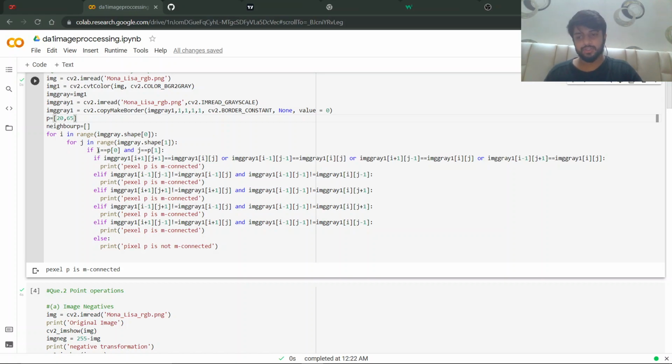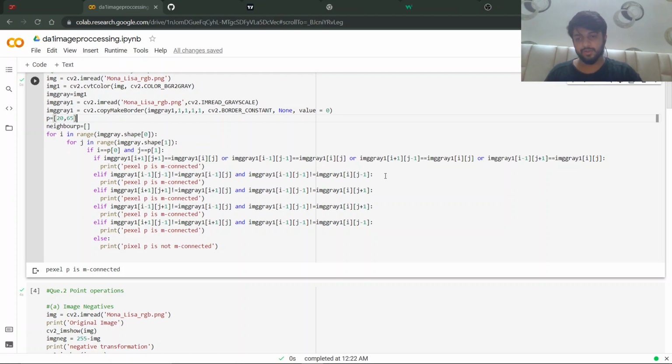In that processing, what we do is first we check our 4 neighbors, then we check our 8 neighbors. The condition of M connectivity is basically that if the 8 neighbors match with the main pixel, they are straight away called M connected.